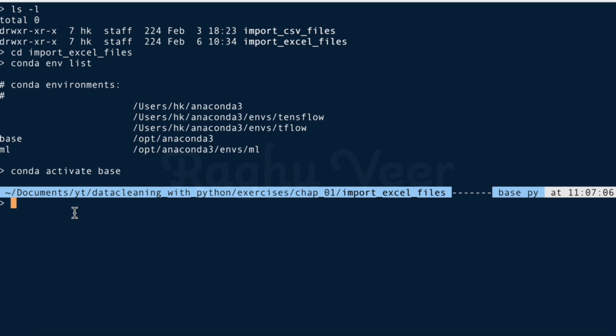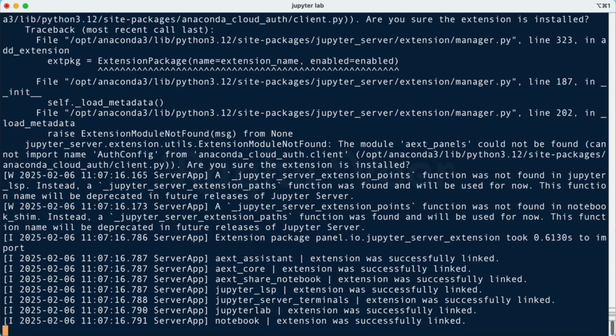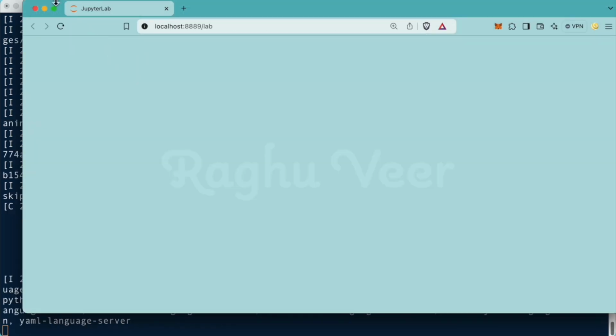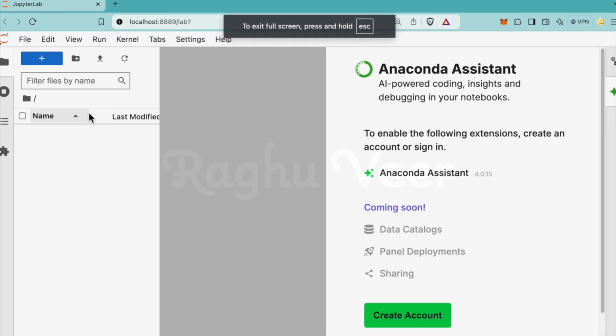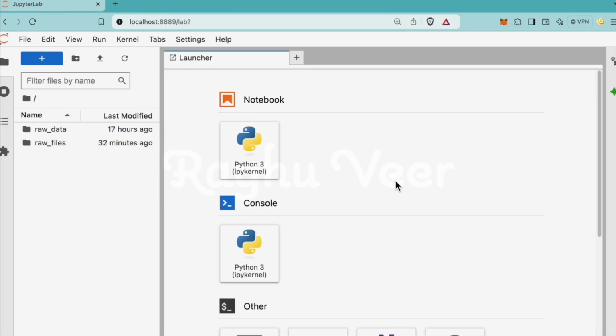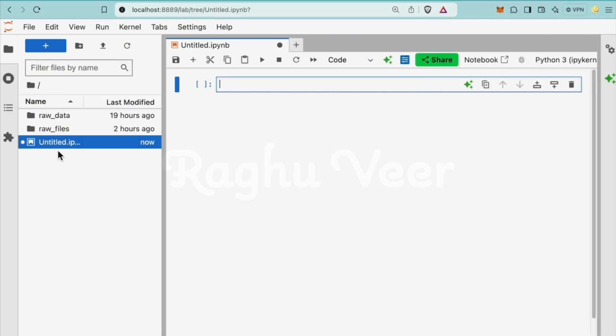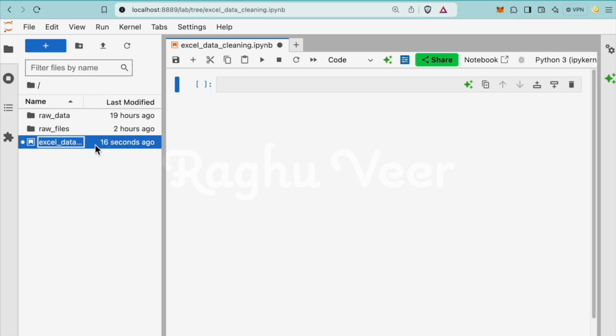Now once the environment is activated, we could launch JupyterLab by just typing jupyter lab. We could see a browser window getting created, and here's where we could create our Jupyter notebook. So I create a new notebook. I rename it as Excel data cleaning. Next, the Excel workbook or the raw data is in the raw data folder here, GDP per